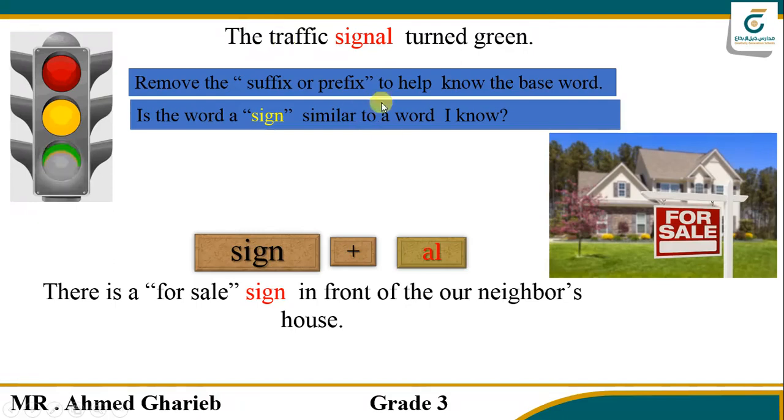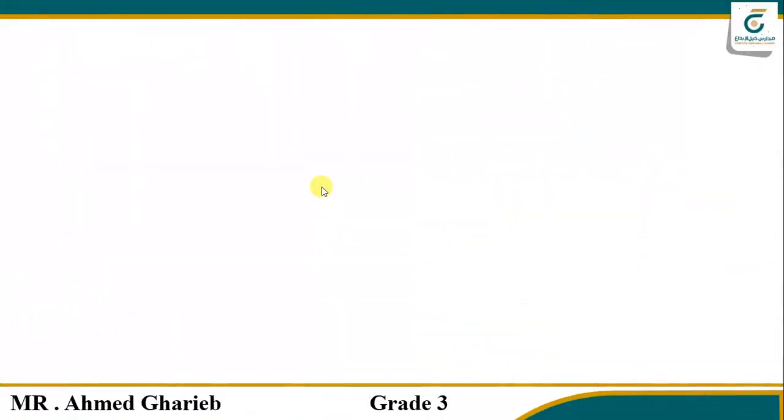So as you see, we use this word and we use the context clues to find out the meaning of signal. So as you see again, sign and signal, they have the same form, but the sound is a little bit different, okay? So be careful. Alright,